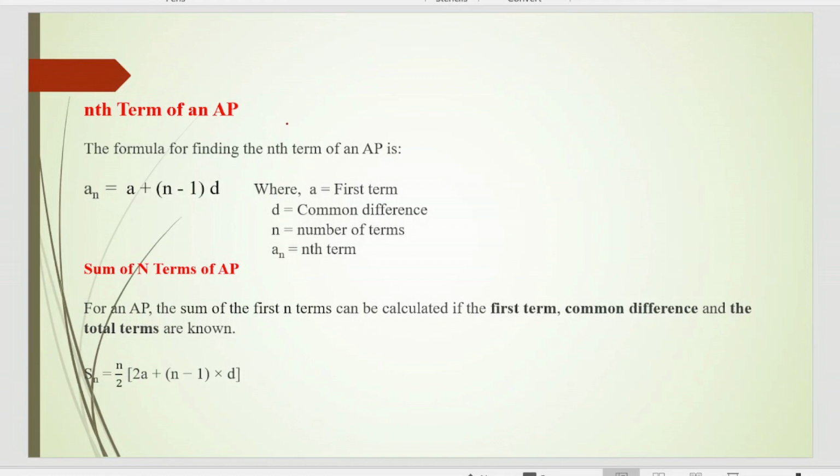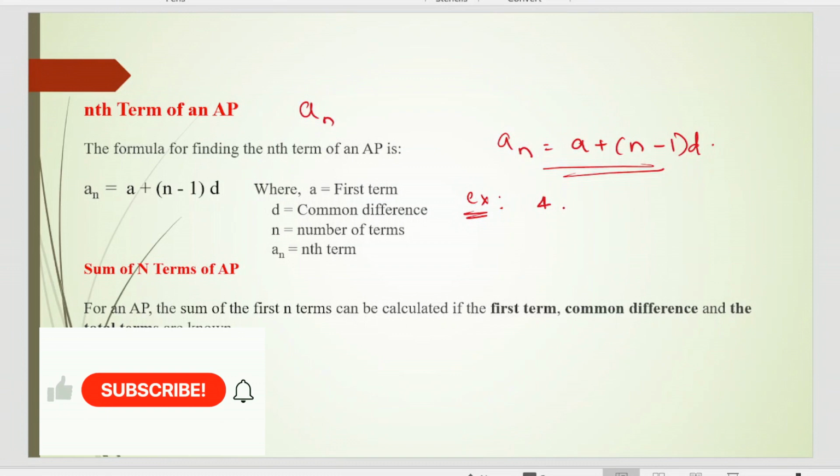Now next we will find the nth term of an AP. It is denoted with An. So An is equal to a + (n − 1)d. This is the formula to find the nth term of an AP. Clear? Now see here, if you have an example 4, 10, 16, 22,